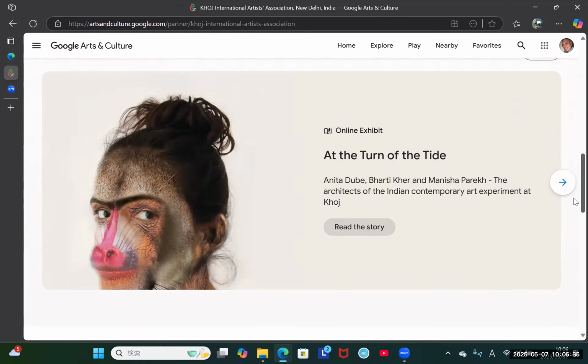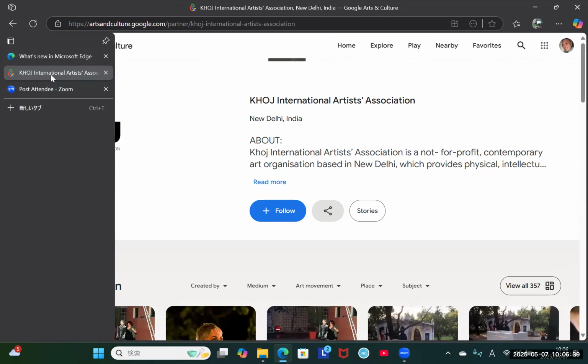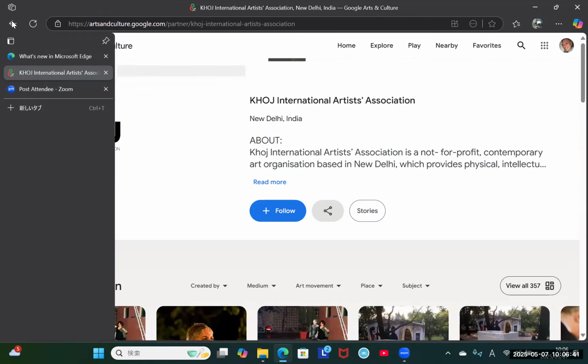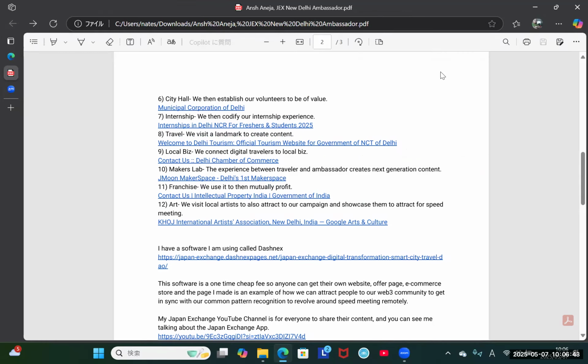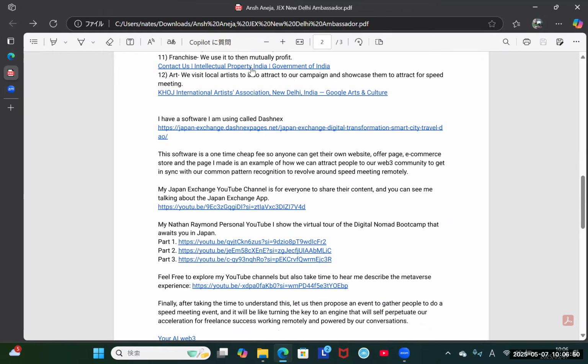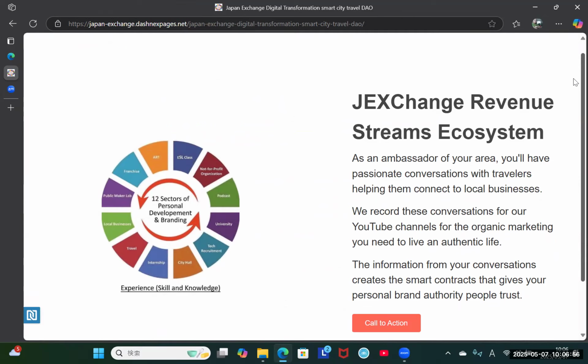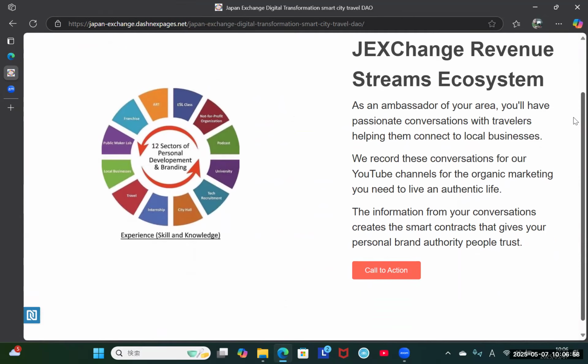So all the businesses, they're going to support us because we are using the arts and the communities to also make sure that these businesses use us for their marketing. So instead, they support us, and the money we get, we're using, for example, I have this software called DashNext, where we are creating these Jex revenue streams ecosystem.